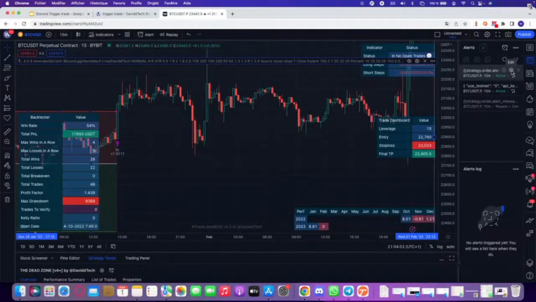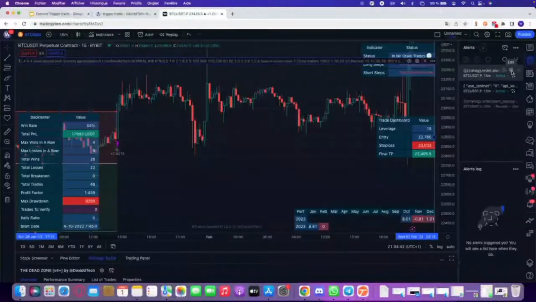There was a lot of hashtag TP1, hashtag TP2. Then they're called placeholders, and they're automatically changed by the DaviddTech indicator before sending them to the exchange. The idea behind Trigger.trade when we built it was that it will send absolutely every last piece of information possible to the exchange in one single alert, meaning that all of your limit orders, your stop loss, your take profits, the actual order itself, the market order or the limit order, whatever you've decided to set up, is all done